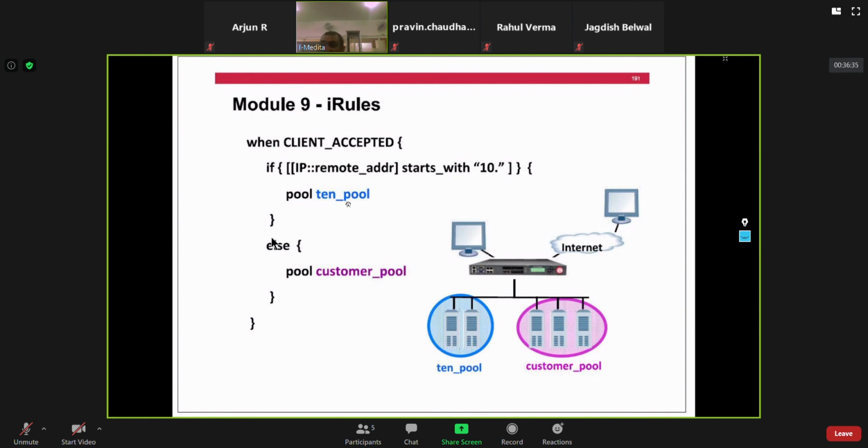Or maybe you could redirect those users trying to access Facebook.com onto your blog page. Like you have some blog page content available somewhere on one of the URLs, right? So if someone is trying to access Facebook.com, you can redirect that user onto the blog page. That blog page will be displayed in front of the end user, so the end user can easily understand that, hey, this website is blocked, I'm not allowed to access this website. That is something that you can achieve using iRules.